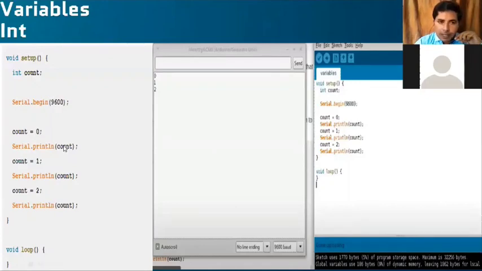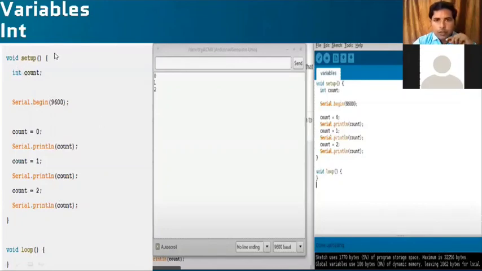Again it will display that value. Again I'll count 1, again it will display that value. Again I'll count 2, again it displays. Here what I'm counting is nothing but count 0 is my input, and I'm displaying it in the output. Again I'm taking an input as 1, I'm displaying input as 2, and I'm displaying the variable count. It is an integer value.